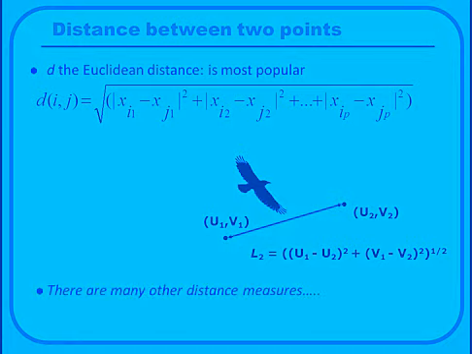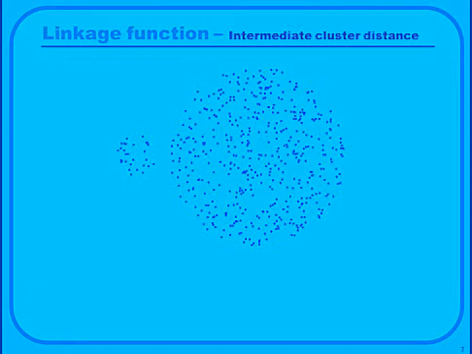Now let me talk about how you find the distance between two clusters. This is a very important thing, and the linkage function is all about how you calculate distance between two clusters. What you need to understand in cluster analysis, especially in hierarchical, is that when you are starting, first time you have only observations. Each object is a cluster. But next time you have a group, which has 3, 4 objects, and another group which can have 2 objects. And then how do you find the distance between two clusters?